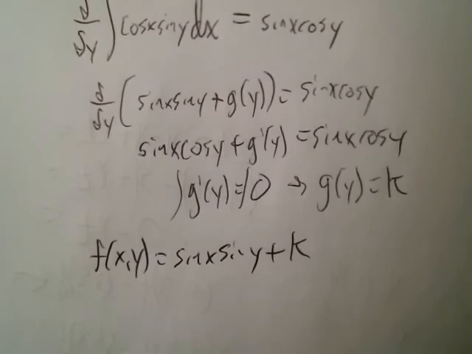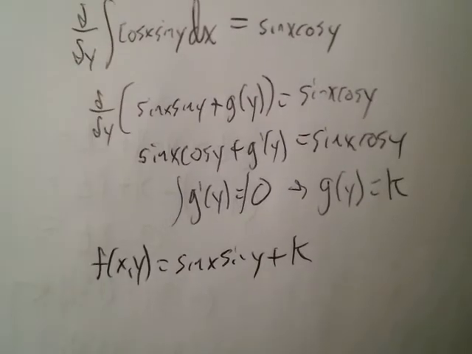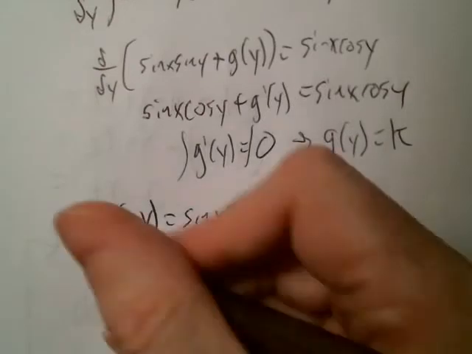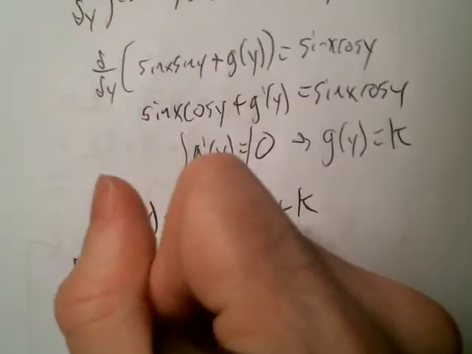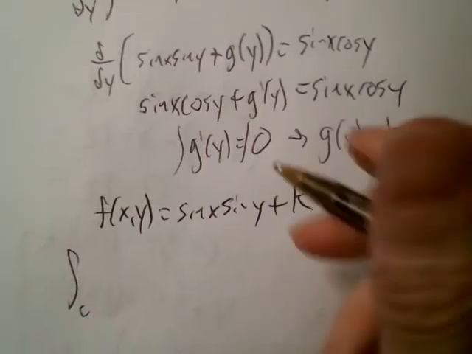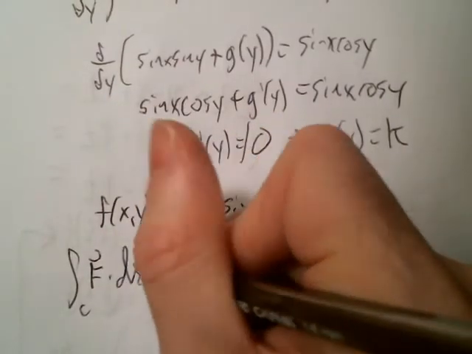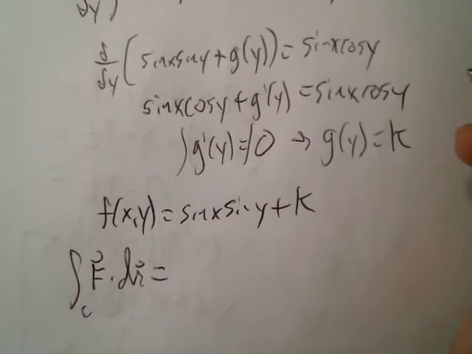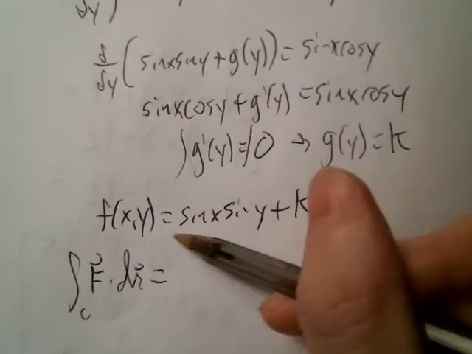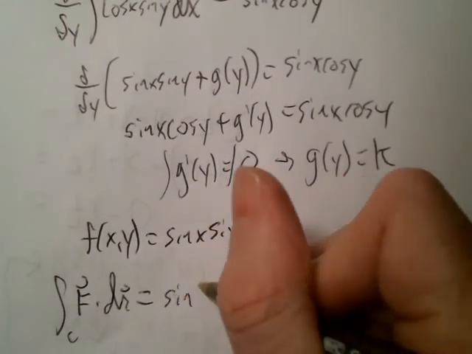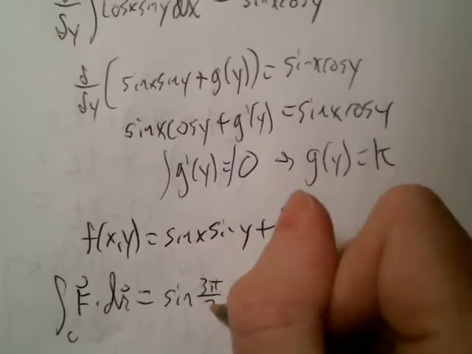Okay, so I can evaluate the integral just by putting these points into that function. So the line integral of this vector field would equal this thing evaluated at 3 pi over 2, pi over 2. So sine of 3 pi over 2